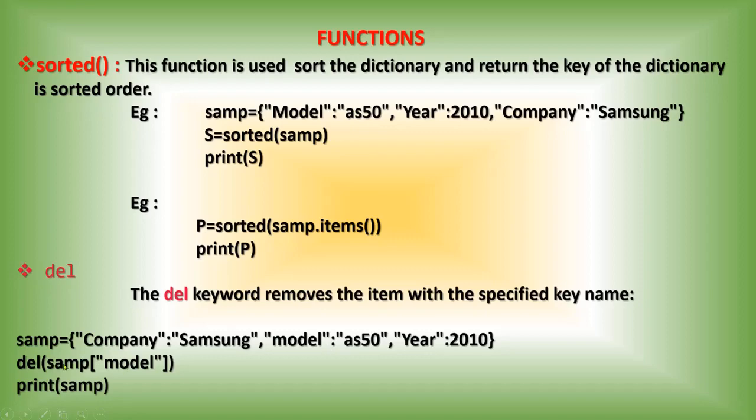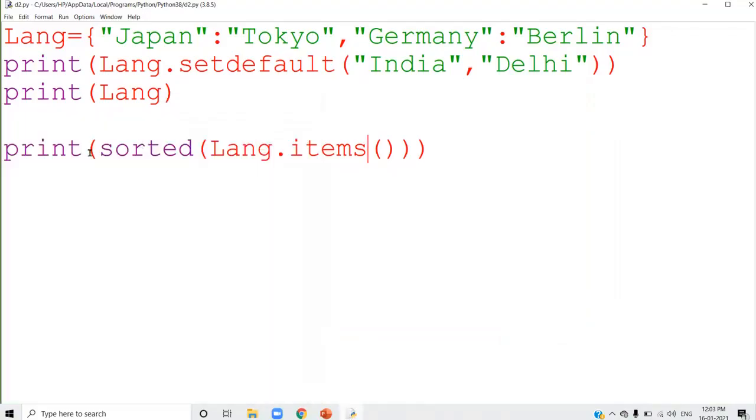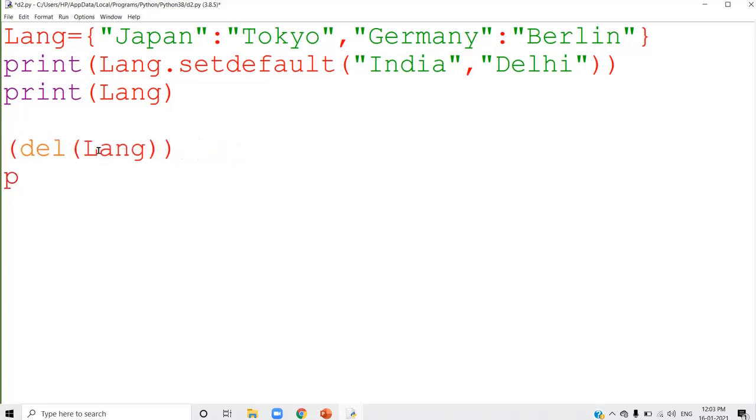Okay, so that is the function of del. And the same del, you can use it this way. I am going to just say del, inside the bracket, Lang. That means the complete dictionary will be removed. If you are using del Lang, the complete Lang will be removed. After that, if there is no print, it is not returning any value.